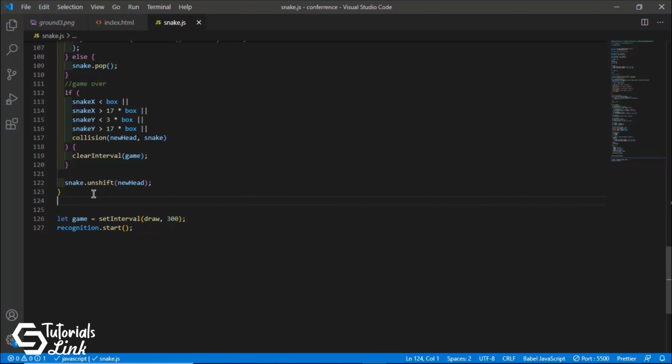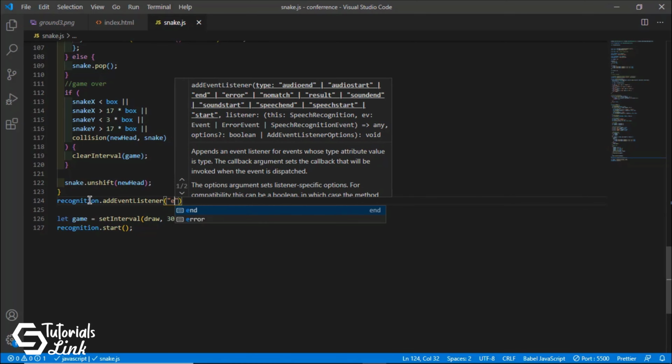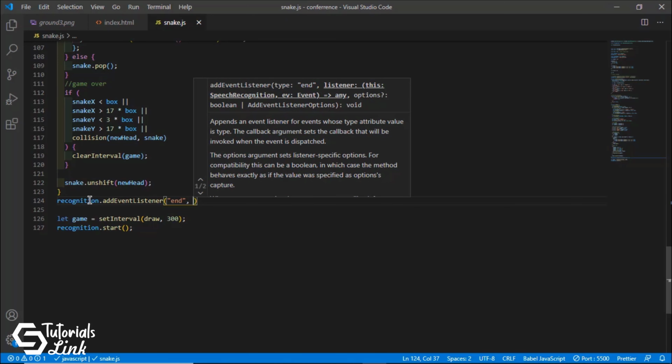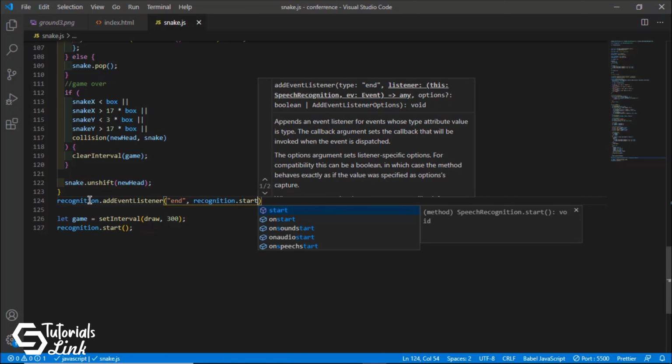So after it stops we need to again fire this particular method. To do this we will go through recognition again, and we will add an event listener which will fire only when it has ended. Fine. And when it has ended, it will fire recognition.start.